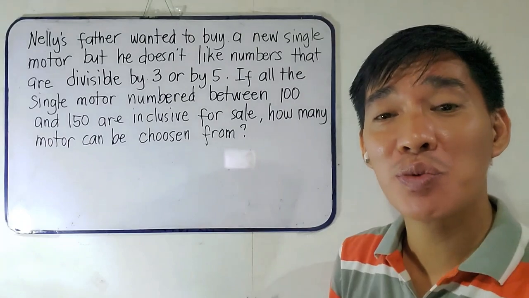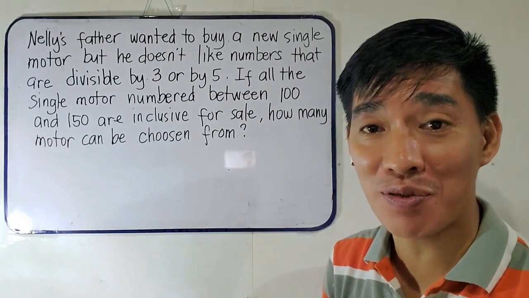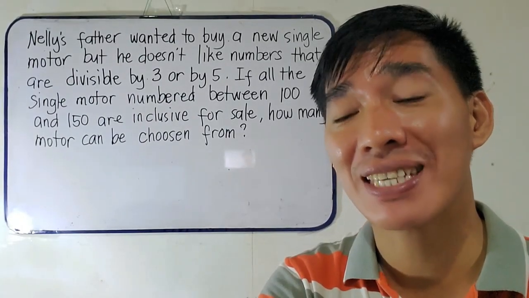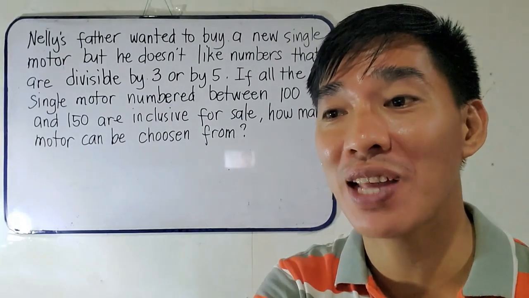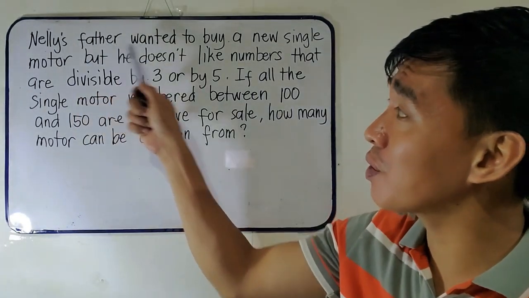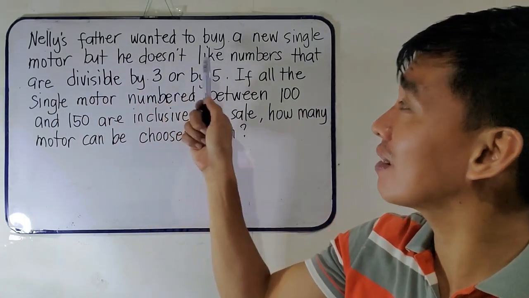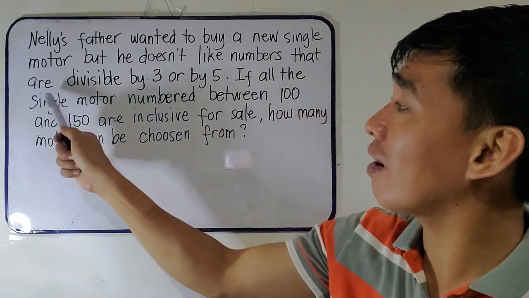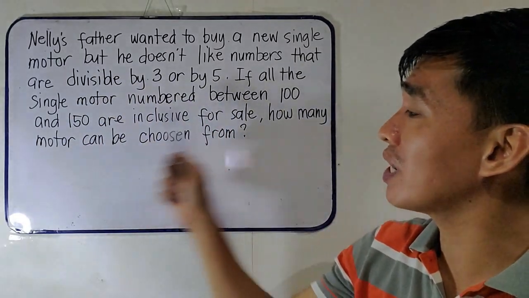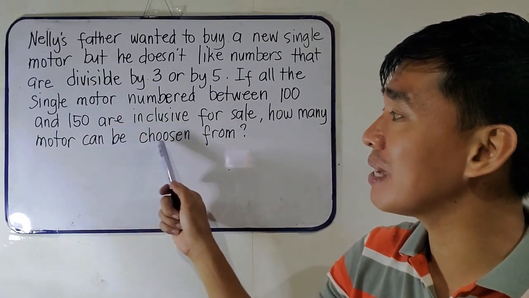Here's another problem that you will have to consider, reflected on page 9 of your module number 4 under the activity "What I Have Learned." The question here is: Nelly's father wanted to buy a new single motor, but he does not like numbers that are divisible by 3 or by 5. If all the single motor numbers between 100 and 150, inclusive, are for sale,